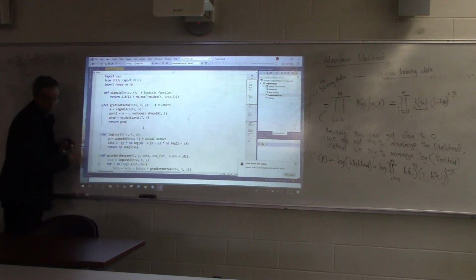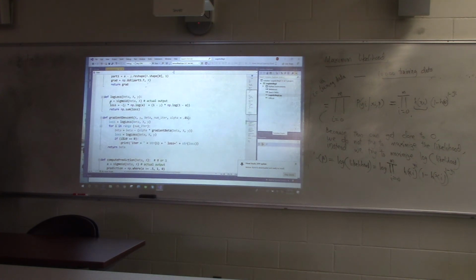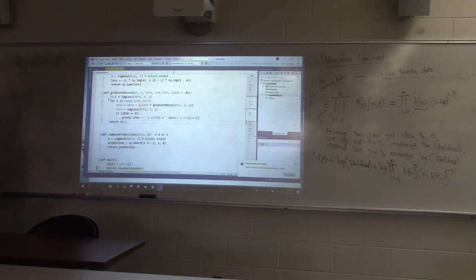So anyway, this function will do partial L over, this is just so that as we are going through many iterations, we can see how the log loss is getting bigger or smaller. Again, the two terms over here, exactly. And if you take a look at the gradient descent, we basically initialize the beta randomly in the beginning, and then we go into a loop and we keep updating the beta, as you can see. Just like we said,